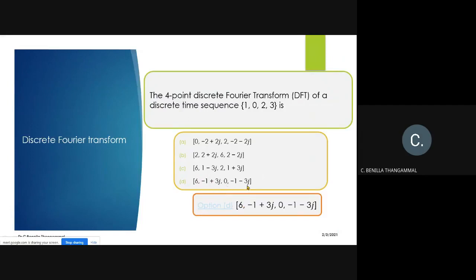Since it is an MCQ, we are not going to worry about the procedure of what you're going to do. We are only worried about the answers. So we can use the shortcut method to get your answers here, right?